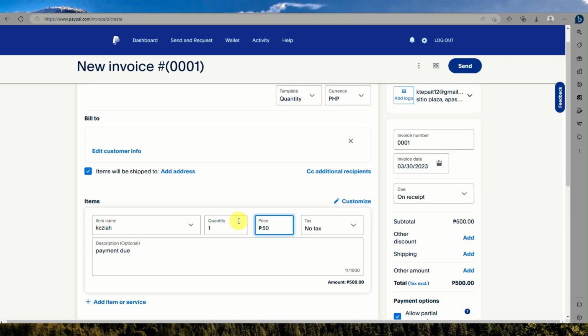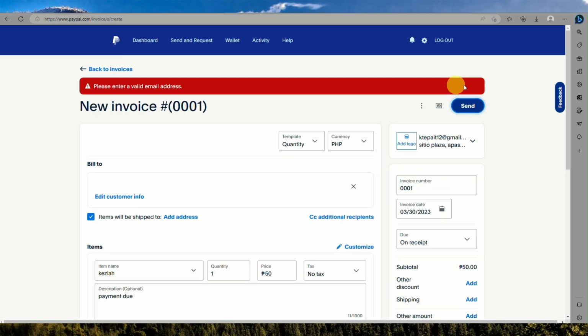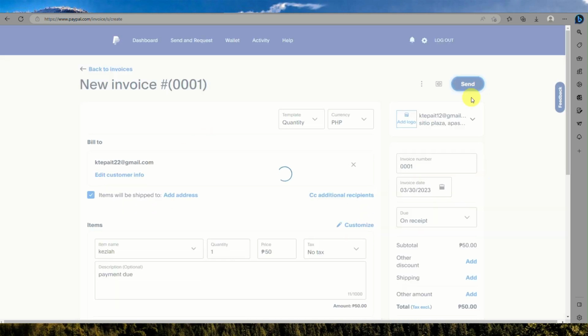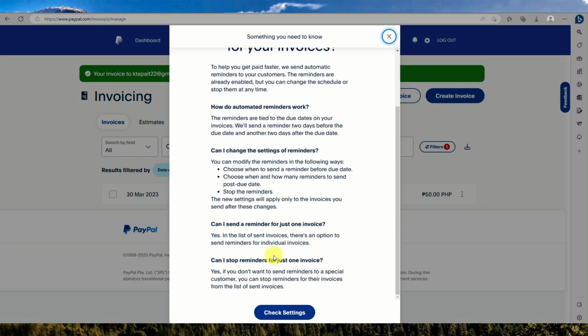And that's it. Once everything has been filled out, you can go ahead and click on send. And if you encounter an error for the email address, you can go ahead and verify and look into the email for what's the issue, and that's it. Once the email is correct, when you click on send, you have now created the invoice for the account,